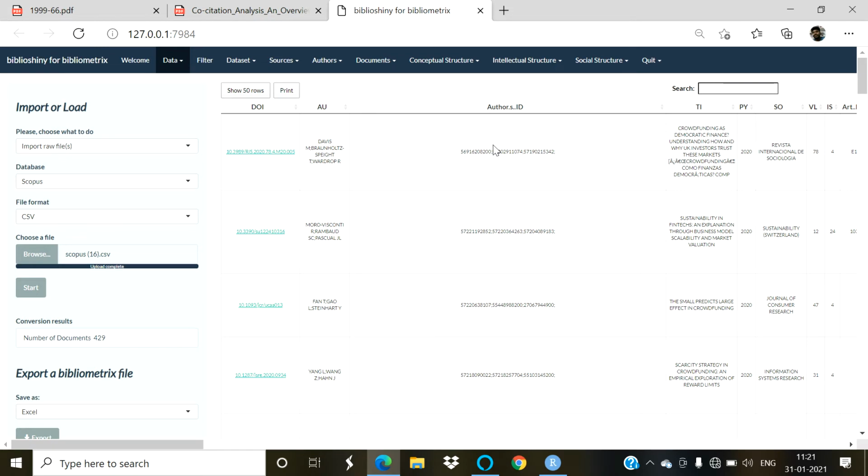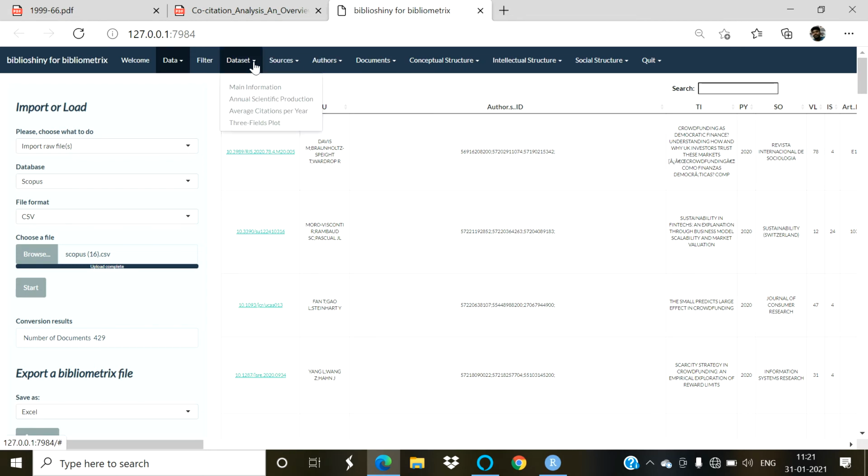The entire session of the bibliometric analysis feature of R programming is bifurcated into two parts. First one, the descriptive analysis part, and another one, the main bibliometric analysis part. There are four sections: data set, sources, author, and document, which are discussed as the descriptive section of bibliometric analysis, whereas the conceptual structure, intellectual structure, and social structure we are going to discuss as the main bibliometric analysis part in this video.